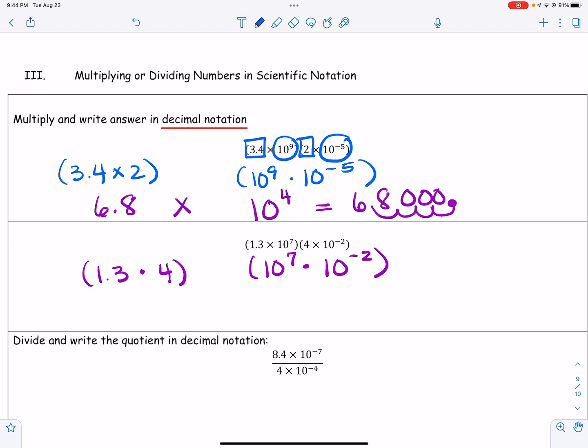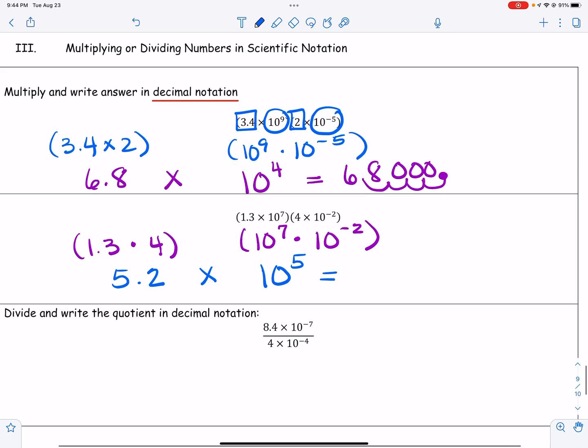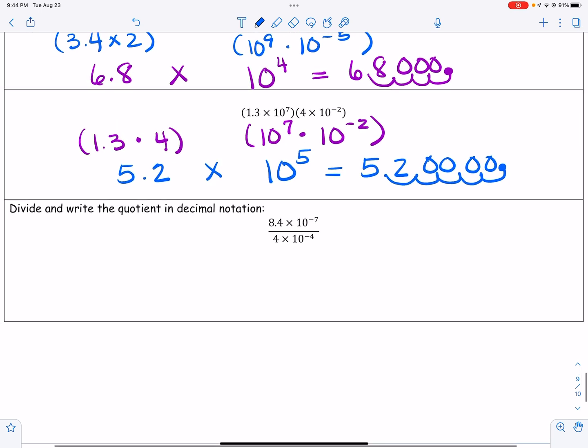1.3 times 4 is 5.2 times 10 to the 4th. Write the base, add 7 and -2, and you get 5. And then convert it to decimal notation. So 5.2, move 1, 2, 3, 4, 5 places and follow it with 4 zeros. So 520,000. We can do the same thing with division, except this time we're going to do the division of 8.4